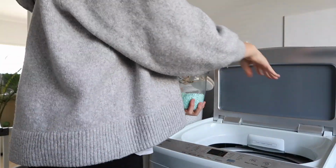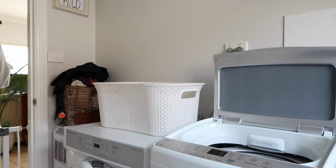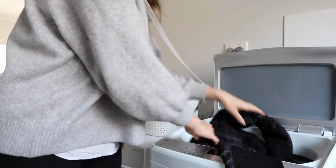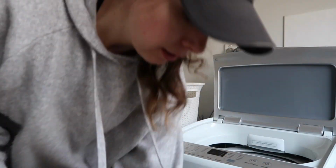As I mentioned, tons of laundry to do today. So I think I had about 3 or 4 loads of laundry to do, and honestly I could do more, but that's kind of my max for the day. I don't know why I got so behind, because normally I try to do a couple loads a week, but